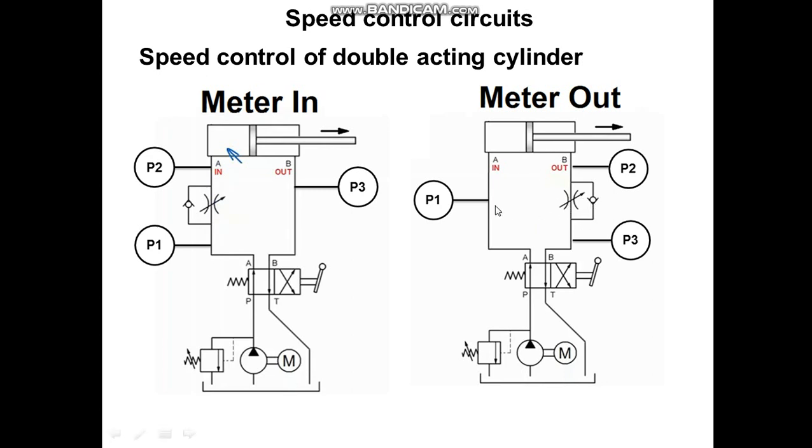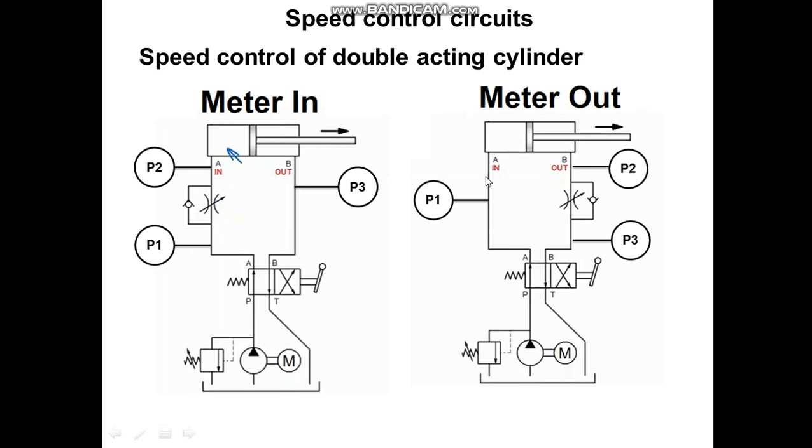Now let us try to understand the working of meter out circuit. So when I deactivate this hand lever, automatically because of spring, this first position will come into picture. So liquid which is delivered by pump will come to port P, and from port P it will come to A. It will start entering from blank end of cylinder. Now as we know that